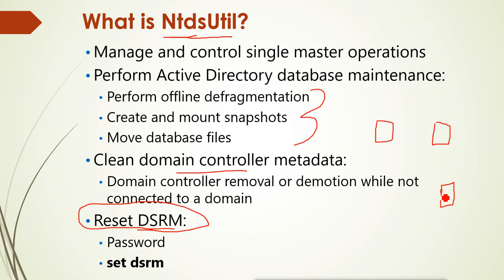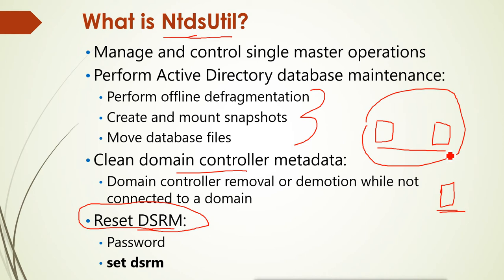Now normally, to remove an additional domain controller, like for example this domain controller I want to remove, we will demote it and then we can remove it. When we demote it, all the Active Directory domain controllers, these two domain controllers, will know that the third domain controller is now removed, it is demoted. They know that, and they remove it from the Active Directory.